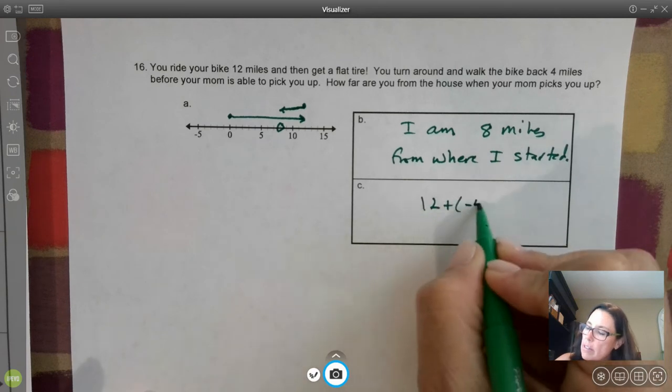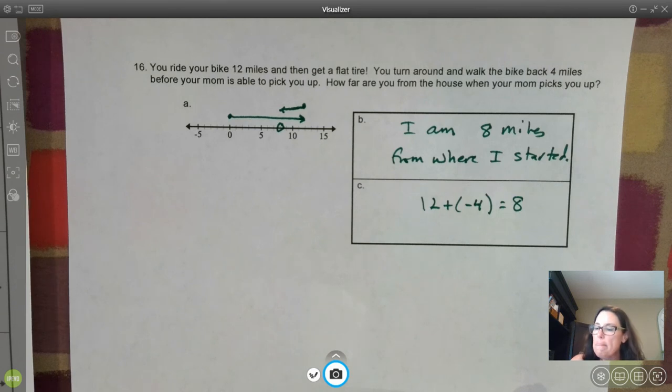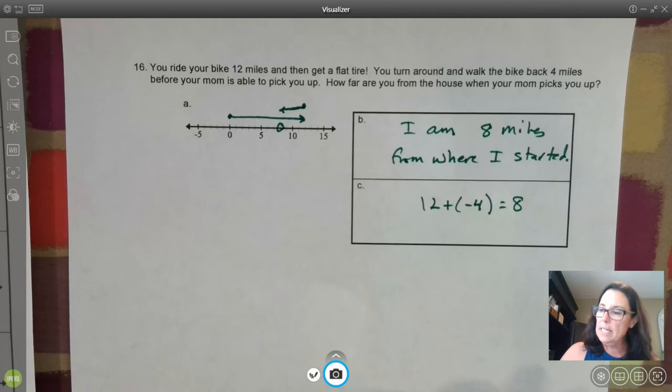12 plus -4 equals 8 would be the addition expression. Okay, all right, that's number 16. Okay, now the next page